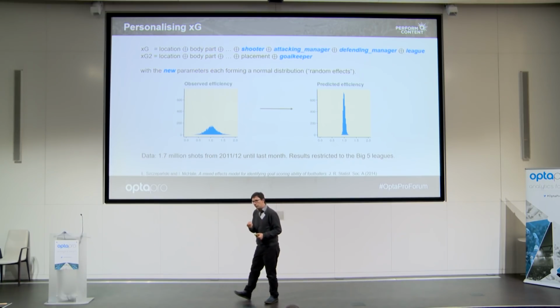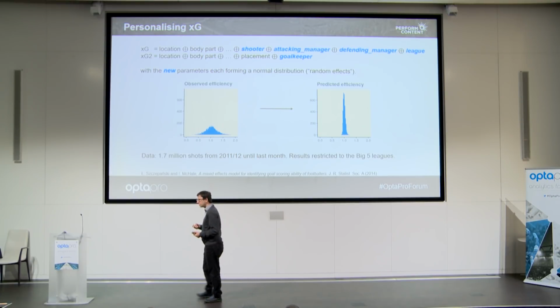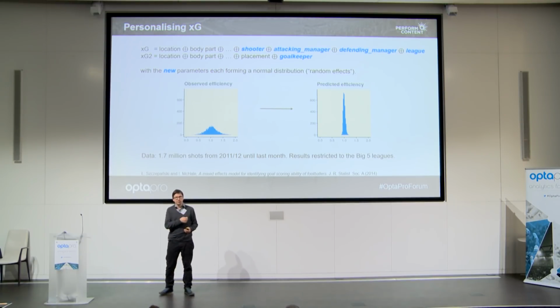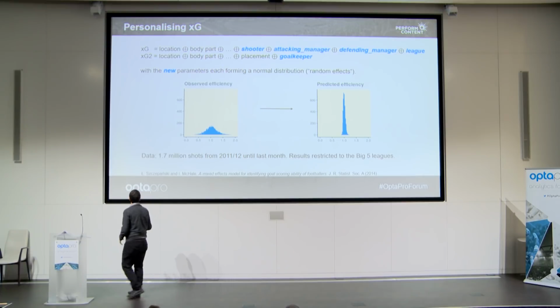And another important point is that you get squeezed to the middle the less data we have on you. So if you have a player who took 100 shots and he overperformed any expected goal numbers, he's going to get squeezed to the middle much more than a player who took 1,000 shots and overperformed just a little, because that little bit of overperformance is a more stable signal than the overperformance on a smaller sample.